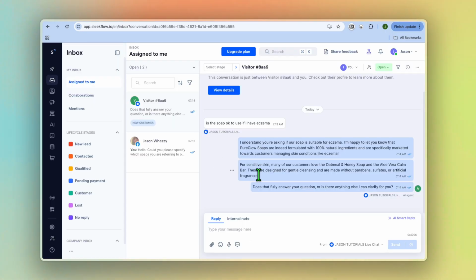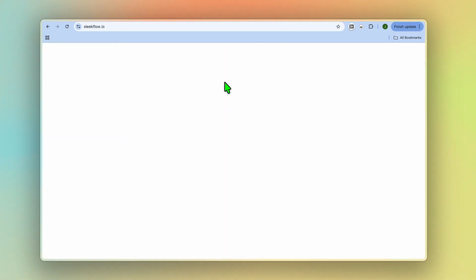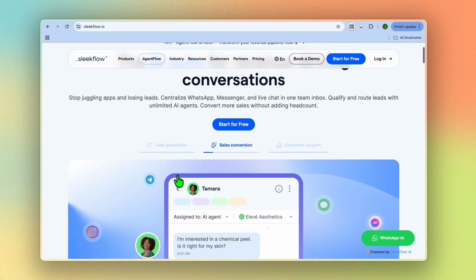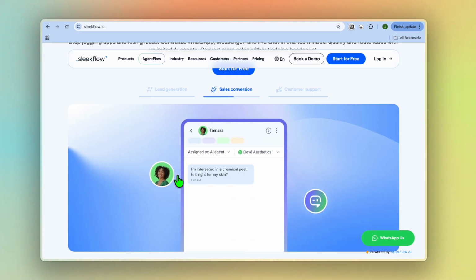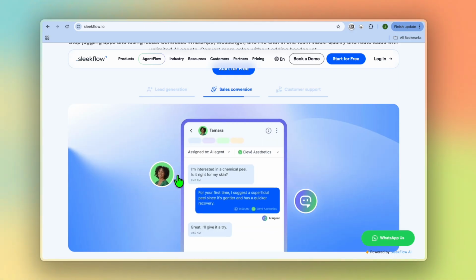Sleekflow also lets you automate replies using AI, build chatbots, track customer interactions, and improve your overall customer experience. So whether you're running an online store, a service business, or even a small startup, Sleekflow helps you respond faster